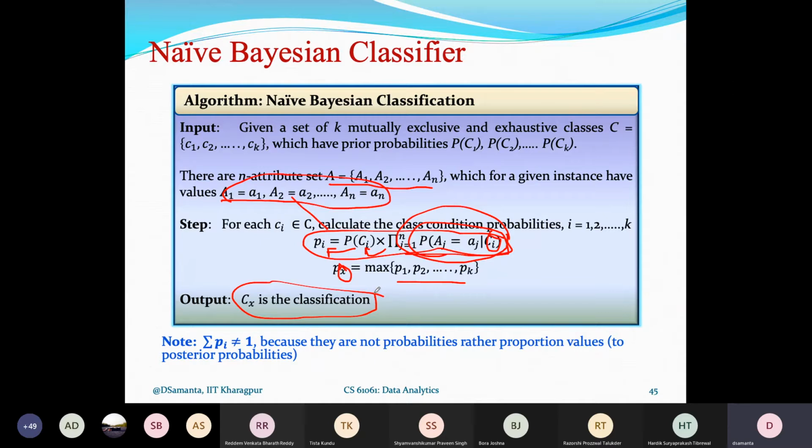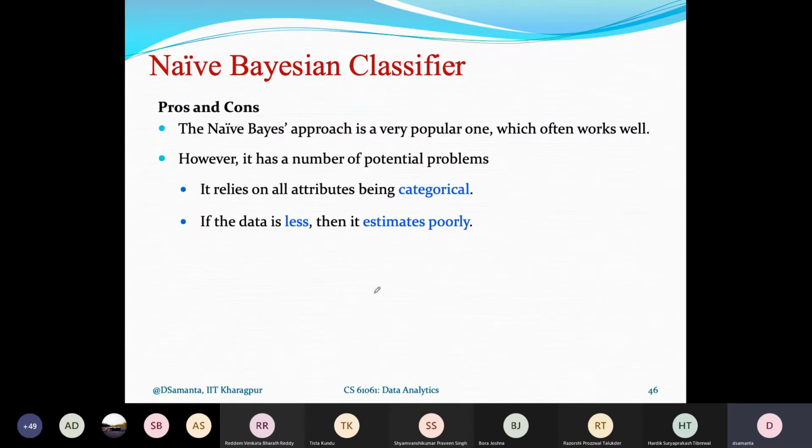Input is the training data set with n records, and each record is defined with a certain number of attributes, and all data are mutually exhaustive and exclusive so far as their class level is concerned. That's all. So it only matters how the prior probability and posterior probability can be calculated. And this is the Bayesian classifier. It is so simple, easy.